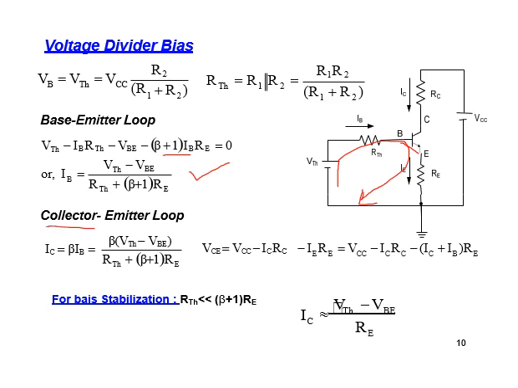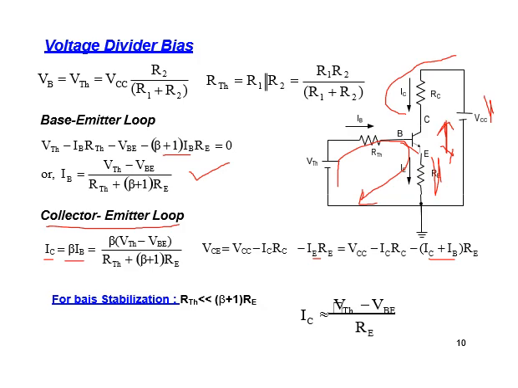Now we will apply Kirchhoff voltage law at the output side. The equation becomes VCE, meaning the voltage across this collector to emitter terminal. VCE is equal to VCC minus IC RC minus IE RE, so that this VCE becomes equal to VCC minus IC RC minus IE RE, where IE is replaced by IB plus IC, because the emitter current is the sum of collector current and the base current.